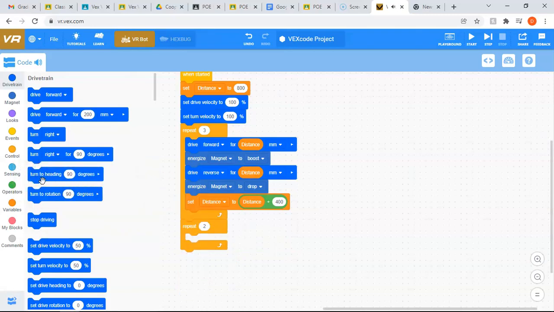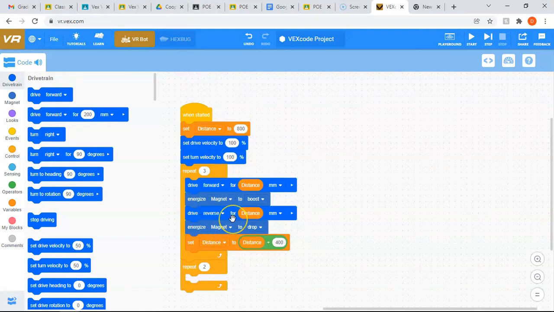Okay, so your assignment is on Google Classroom. You will see a Vex VR file that I've created, which gives you this starting point. You are going to open that, rename it as I tell you, and then try to finish the disc mover while using what we know about distances. One other hint I'll give you is distance right now is going to be defined at 1600. That's where you left off. So you probably are going to need to throw in another set distance to have it be back to where you would want it to be when you begin